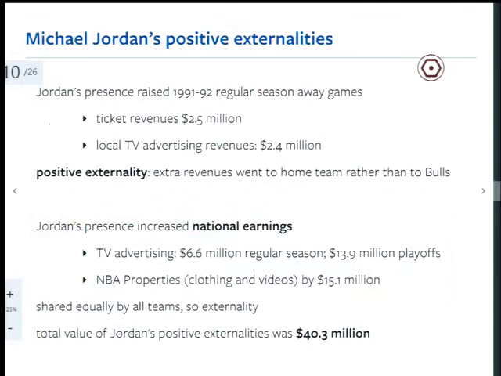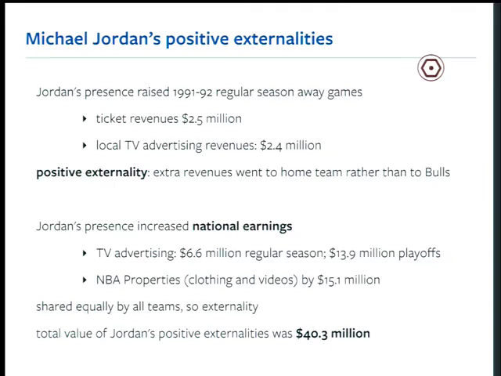I can't do it. So Michael Jordan actually had lots and lots of positive externalities for other teams, right? Let's say you're in a town that has a really crappy basketball team, right? Like that Will Ferrell movie where he's dressed up in a sun suit. Nobody goes to see your crappy basketball team. But what happens when Michael Jordan comes to town? Sells out, right? Every kid in the neighborhood, Michael Jordan's in town. I didn't even know we had a basketball team, but we'll go, right?